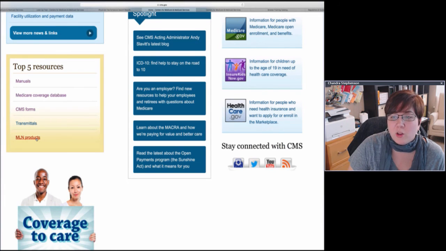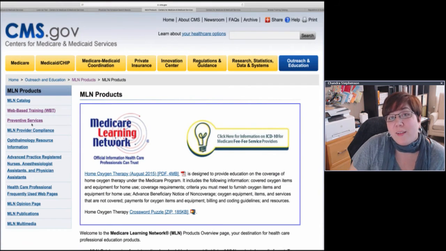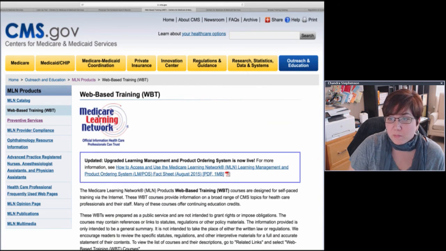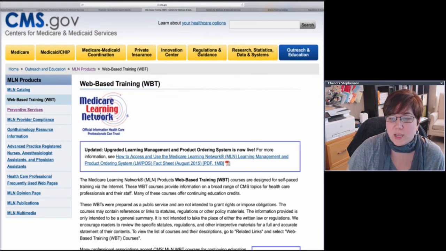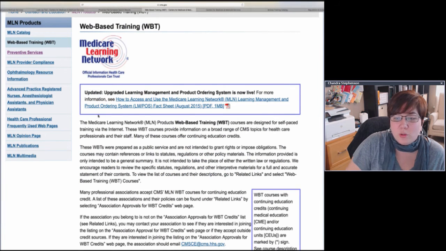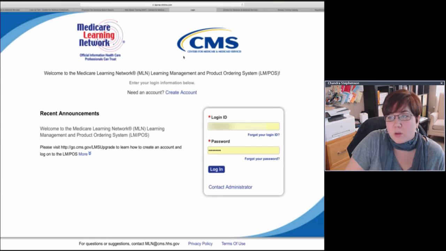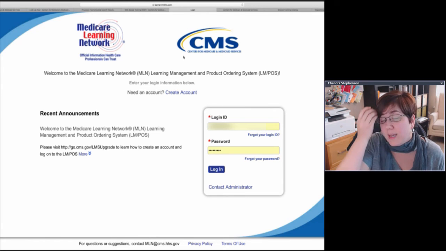So if we go to the Medicare Learning Network, see, hey, I wasn't lying. Medicare Learning Network, over on the left-hand side, you've got an option for web-based training. If you click on that web-based training modules, the screen doesn't change a whole lot, but what's in there does. And as you scroll down to the bottom, you can actually go directly to web-based training courses. I'm going to go to the web-based training courses. I already have a login. Because what it does is it takes you, and all of these links are on the slide deck that's provided,